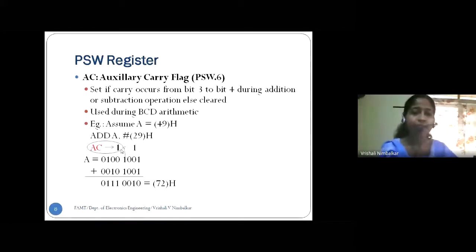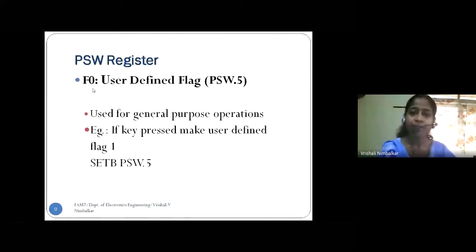Now the next flag is the user defined flag, PSW.5, and it is denoted as F0. The user defined flag is used for general purpose operations. Meaning, as a programmer, I can use it to indicate some event has arrived, or an operation is going on, or the operation is completed.